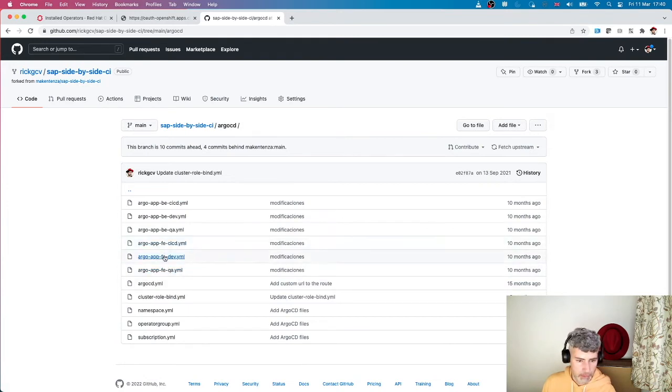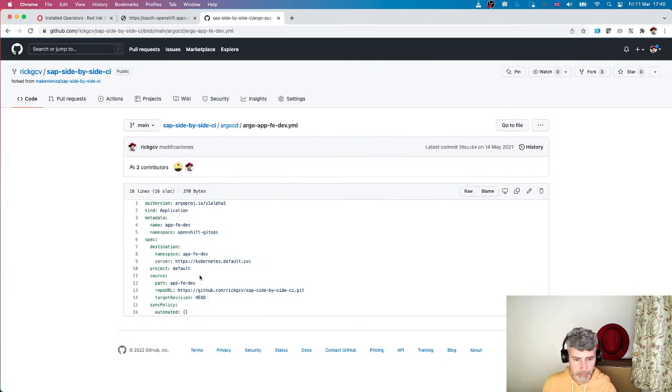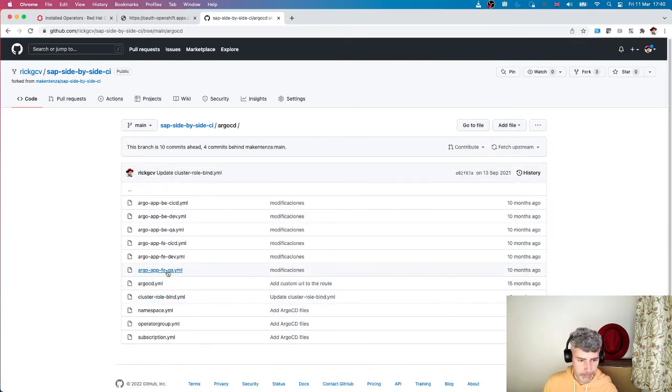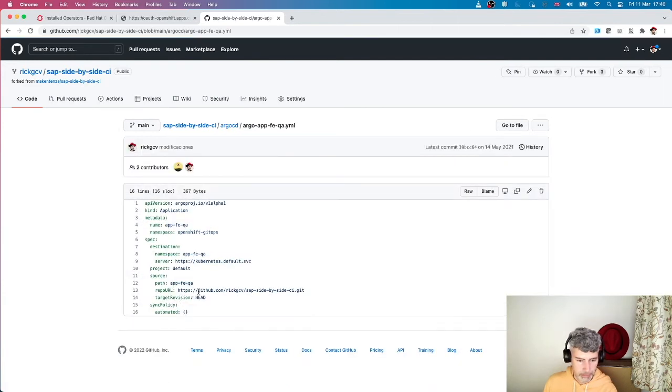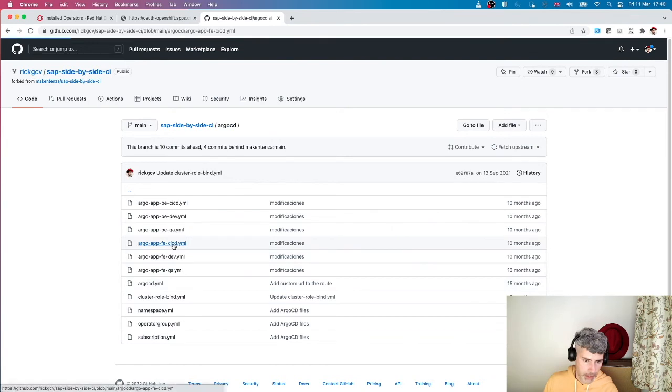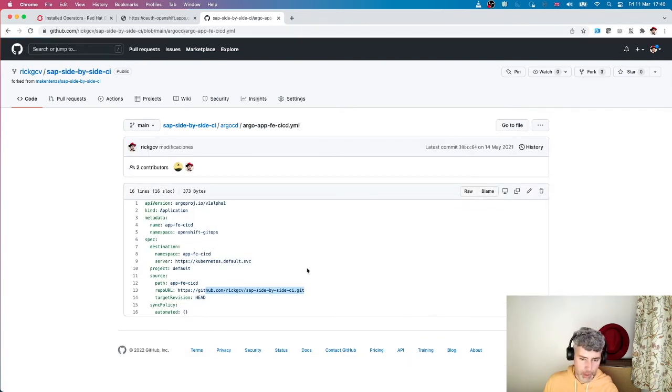Argo CD front end dev YAML. Same for QA for the front end. And the same thing for the front end CI/CD. So once we have changed all this and we are pointing to our repository where we will be making the changes,